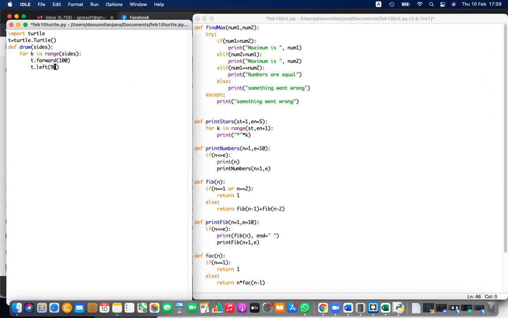So the angle is basically, a full circle will have 360 degrees. But the algorithm or the method is, if you divide this by the number of sides, it comes automatically, right? If it is a triangle, 3 sides, 360 by 3 will be 120. If it is a square, 4 sides, 360 divided by 4 is